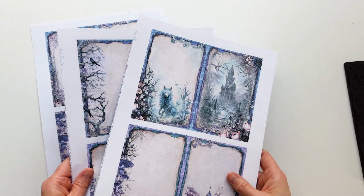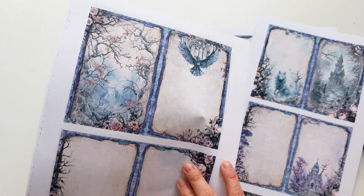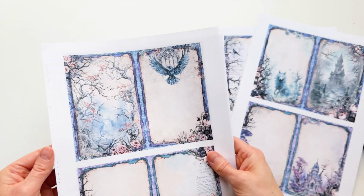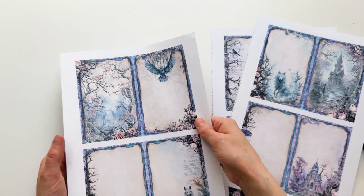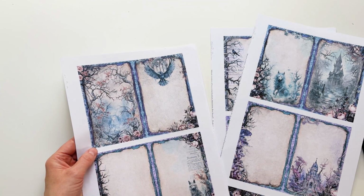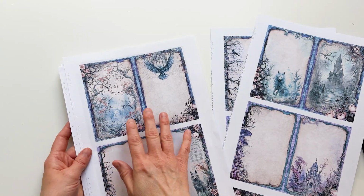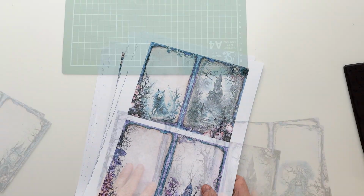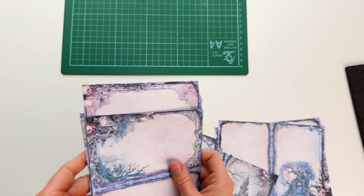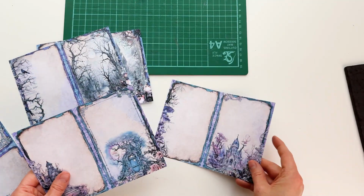And I'm going to just cut everything out. I'm going to cut these out on the smallest printed side. So this is the side that is printed at 100%, and this is the side that has been printed at, I think I chose 101.5%. So I'm going to cut these out on the smallest side, and then I'm going to come back to you. Okay, I cut out all these mini journal pages, and I have here 4 sturdier ones that can act